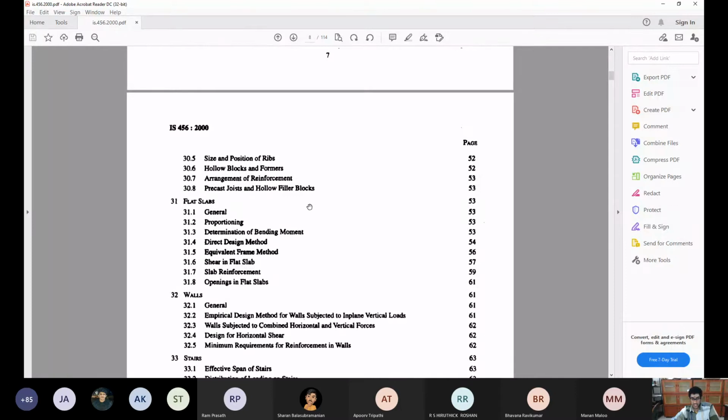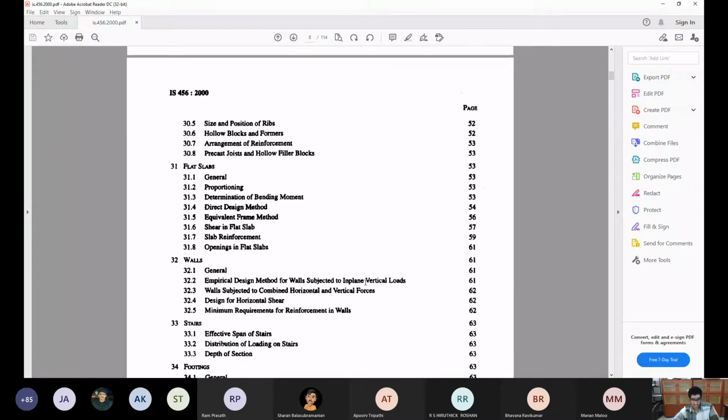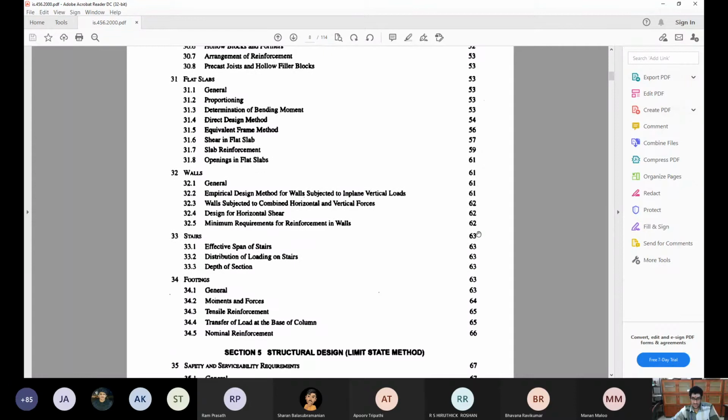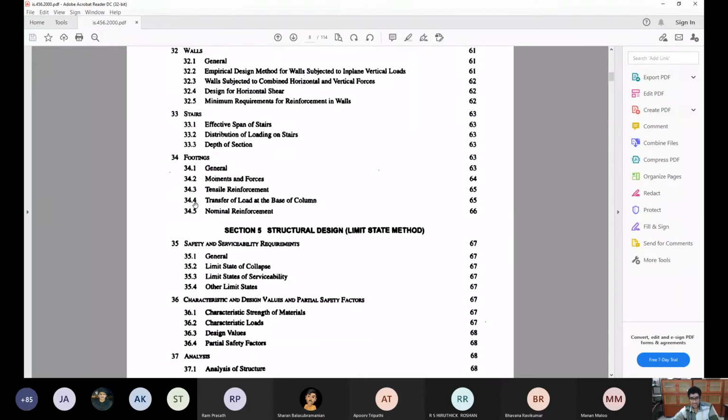Flat slabs I usually teach, but this time, since we started 2 weeks late, I will probably skip flat slabs for your batch. No other reason. Staircases also I will not teach, but compared to flat slabs, you need to learn quite a few concepts before you can actually go to flat slabs. Therefore, I'm omitting this. Staircases is not like that. It can be learned easily if you know how to design a slab. So staircases I will give you as a reading and problem assignment, which you learn and do by yourself. Footings, of course, I'll teach.